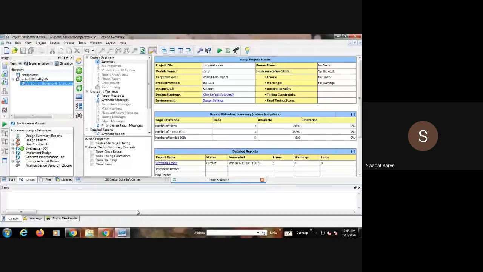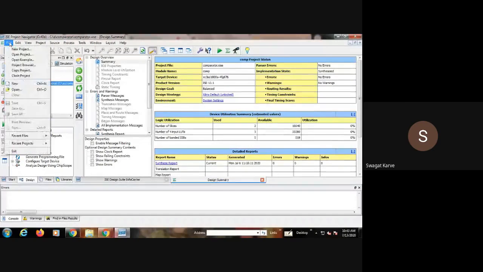Anyway, we always have to create a new project. Whenever you are going for a new design, you have to go for a new project. So this is how we will start proceeding.